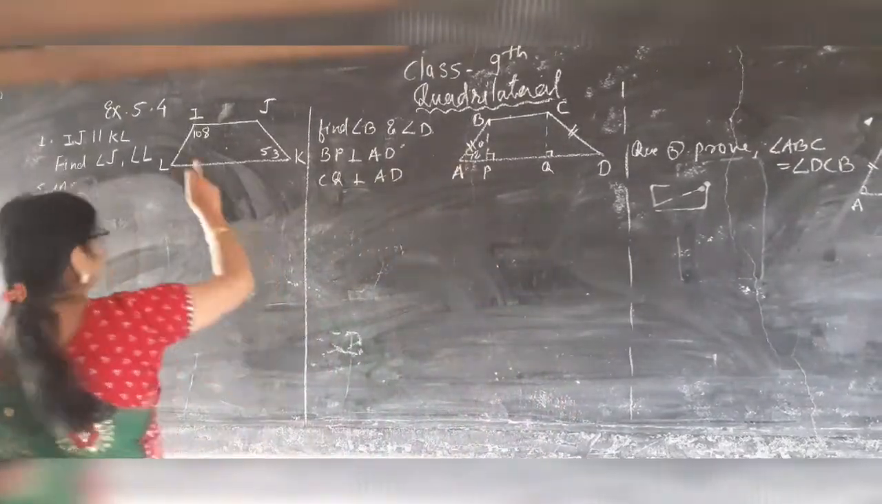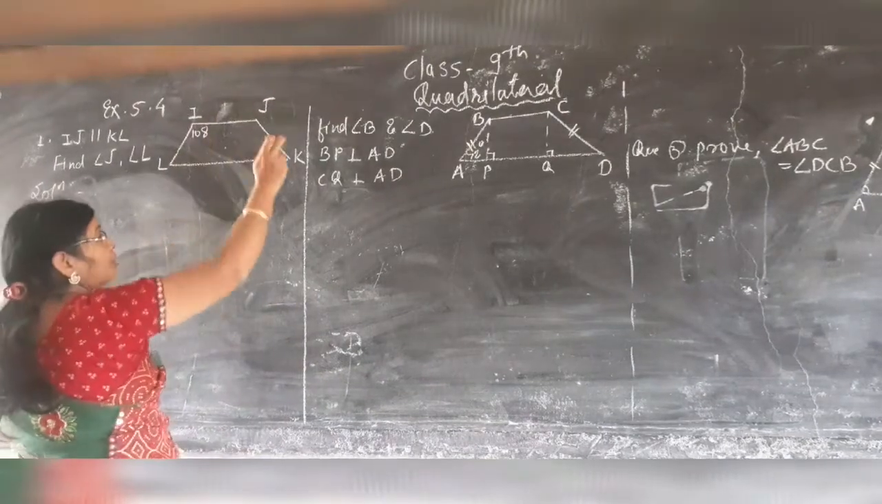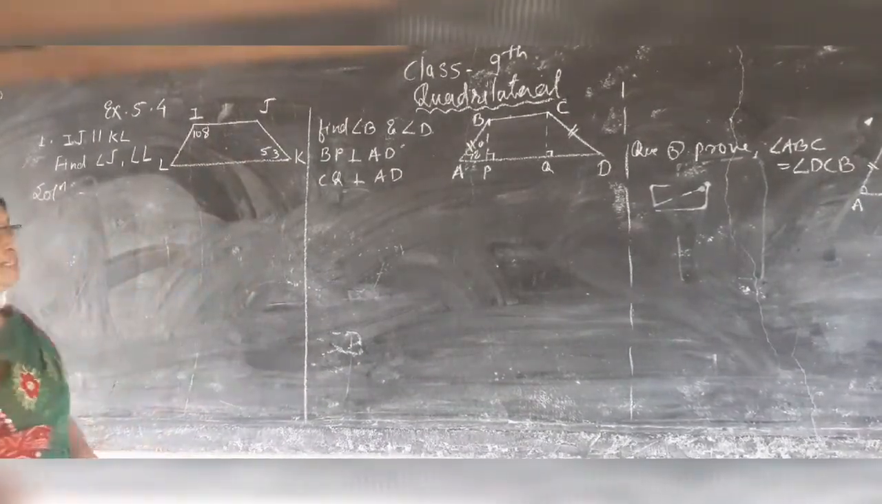Now see the first question. What is given? RJKL is a trapezium and two